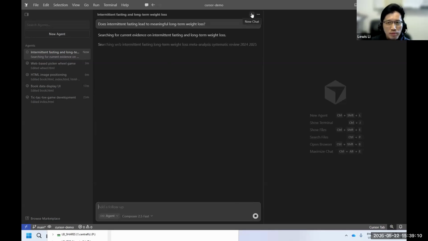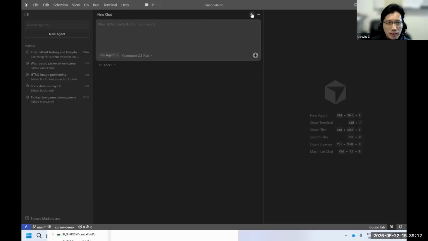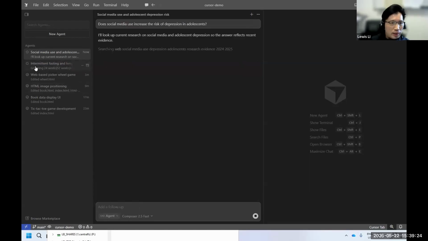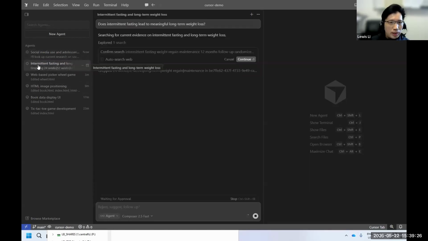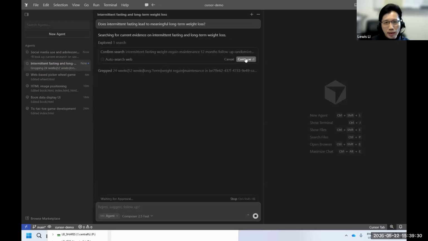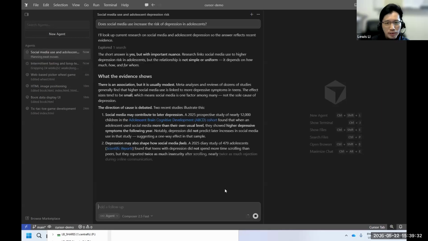I click here, new chat, and then I run another research question and kick off this research. Now you can see on the left hand side, this is the first agent, and this is the second agent. It's now running parallelly.